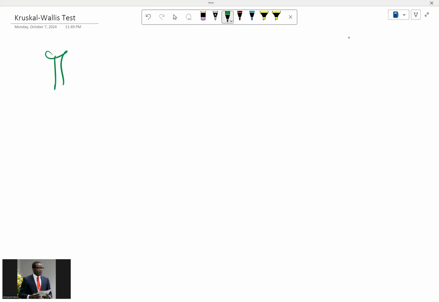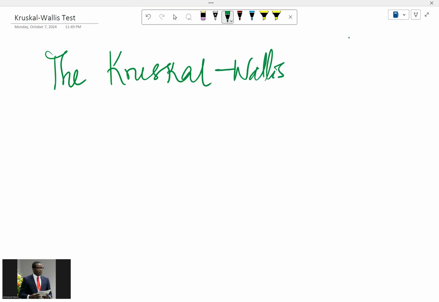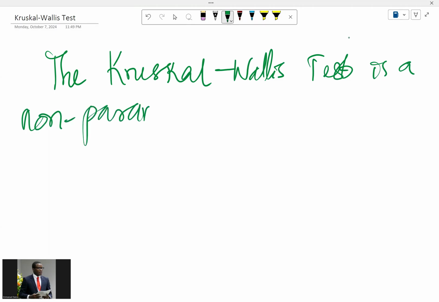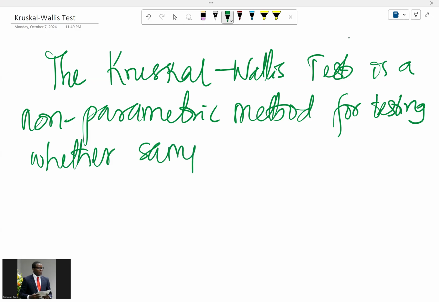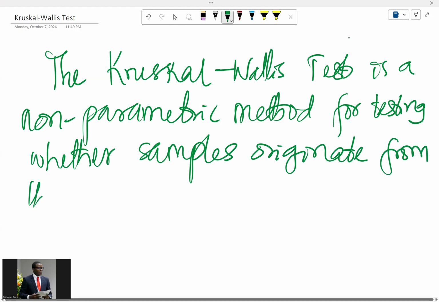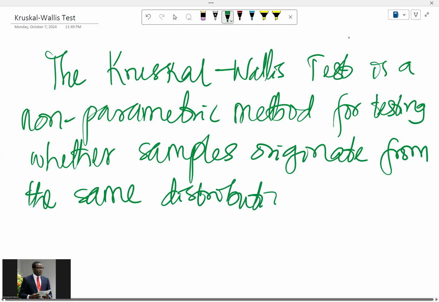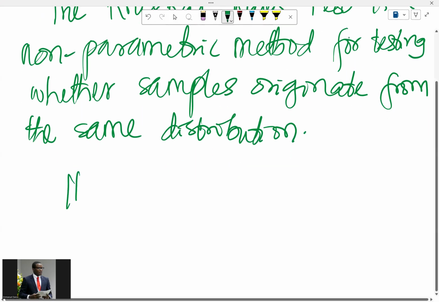The Kruskal-Wallis Test is a non-parametric method for testing whether samples originate from the same distribution. It is used as an extension